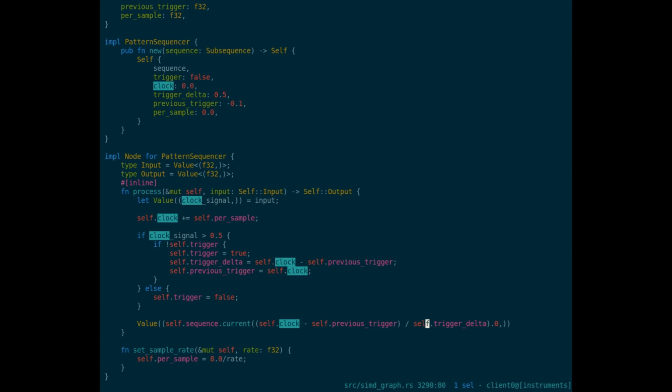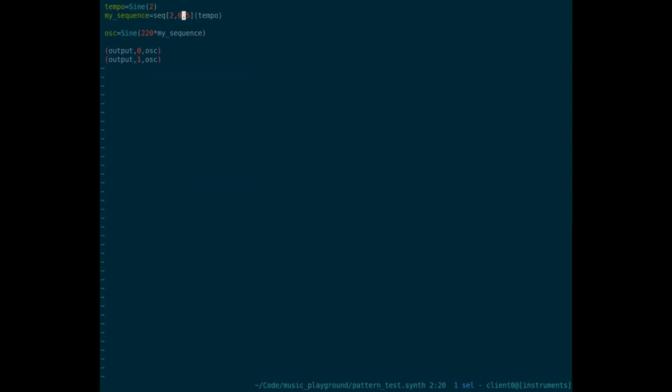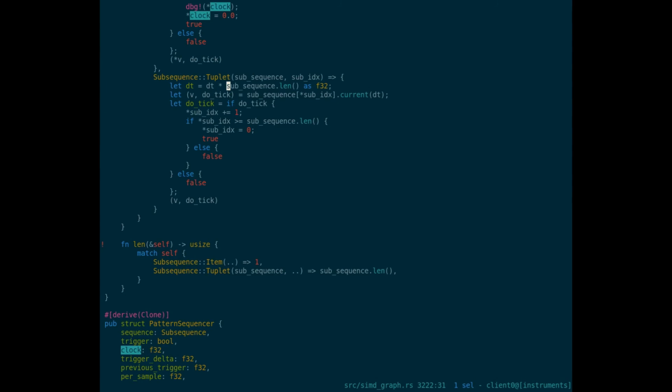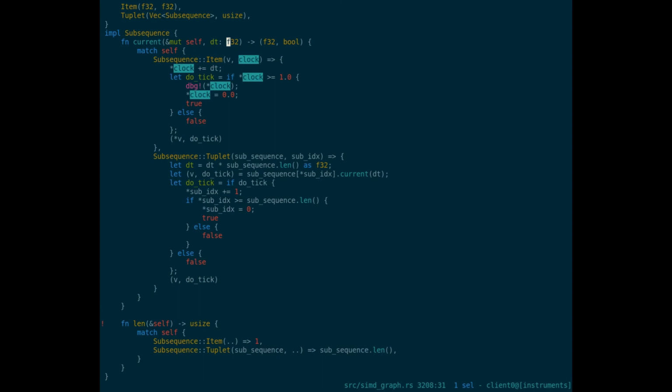Okay. And then now it should be between 0 and 2, because I'm multiplying by the length, which in my example is 2. And here,